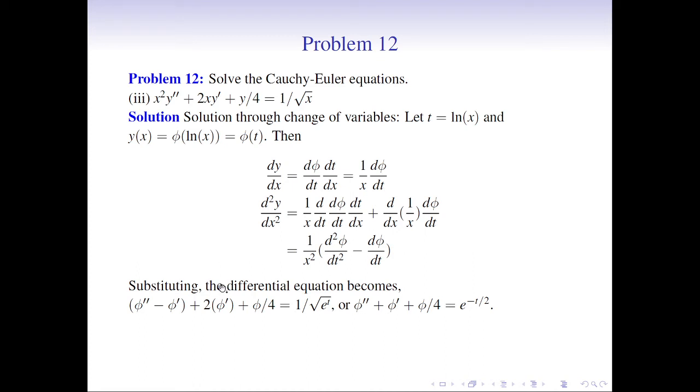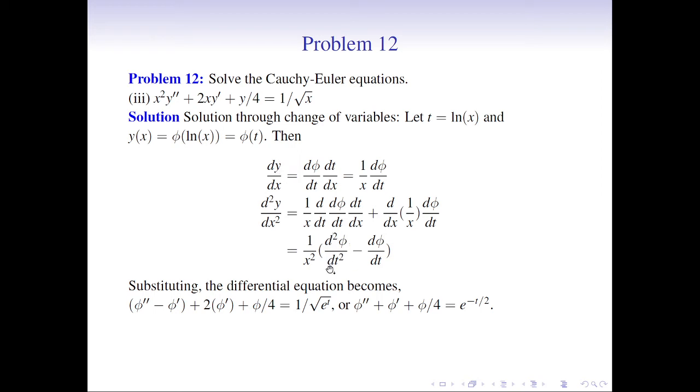So note here that in this case we have x square times y double prime. By y double prime here we mean d square y by dx square, okay? So x square times y double prime would just be this, okay? And whenever we write phi prime, phi double prime, phi is meant to be and assumed to be a function of t. Therefore whenever we say phi prime, phi double prime, we mean d phi by dt or d square phi by dt square.